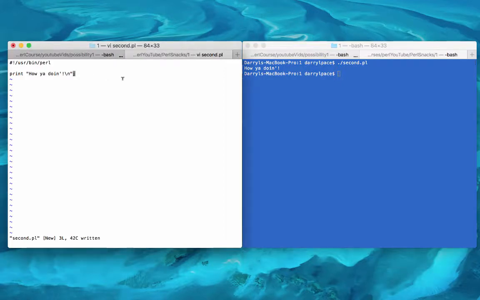I'll run the program and it will print out the single line given to the print statement, which says, "How you doing?" And next, I'm going to have this program print out the numbers 1 through 20. And I'm going to do that with a while loop. In Perl, a while loop is started with the while keyword, followed by a conditional statement between parentheses, followed by the statement or statements that will be executed while this while loop is running, where the statements are between curly